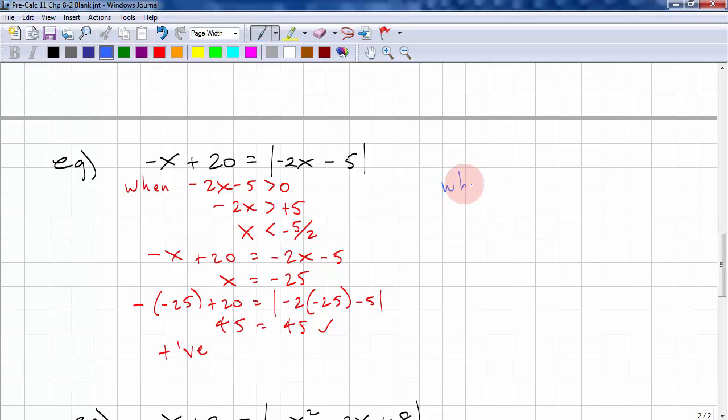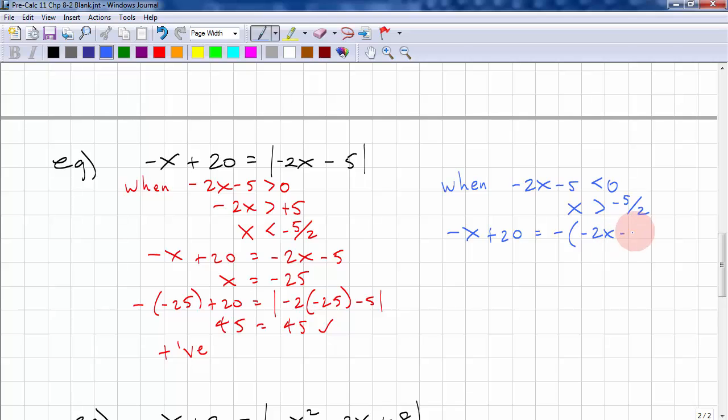So when negative 2x minus 5 is less than 0, we go through the same work. However, the sign is flipped. X is greater than negative 5 over 2. So we know this is negative. This is negative. So we have negative x plus 20 equals, and then we take the negative value of this,